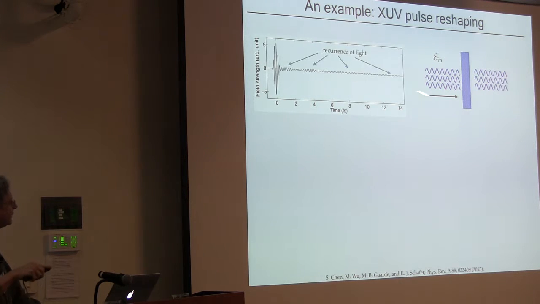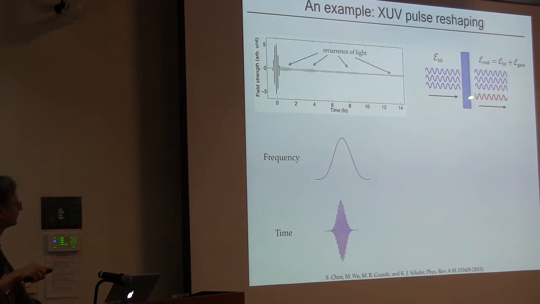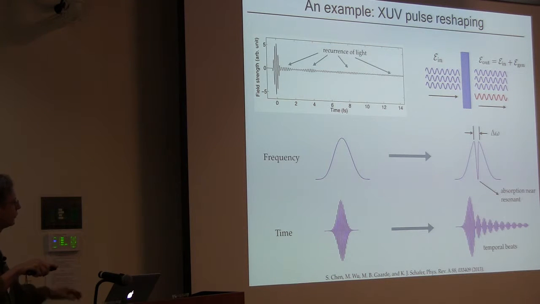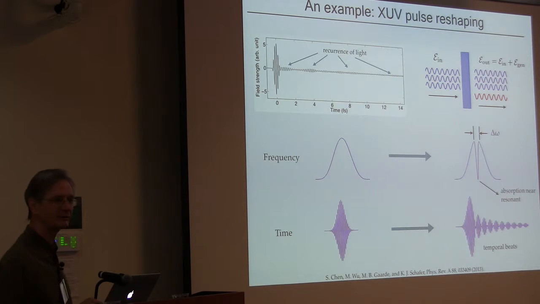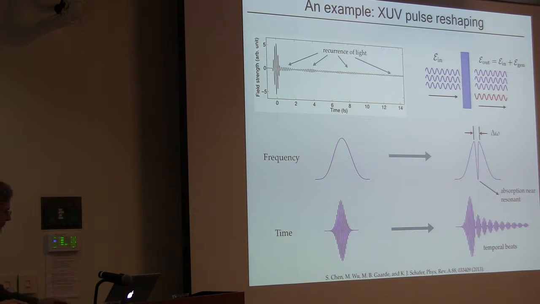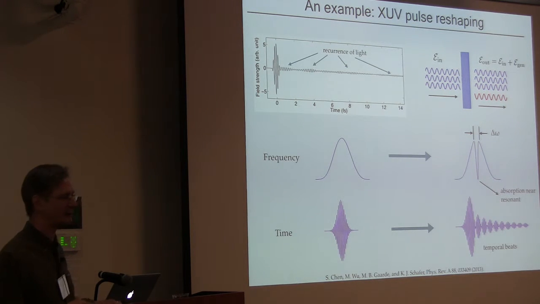So again, this is the idea that the input field went in and something got generated that's kind of out of phase with it. And so we had in frequency the input pulse, and in time it looked like this. And it goes to looking like something that has a sharp absorption feature in it and these temporal beats going through it. And this is an absolutely very, very generic picture of what happens when you put a broad pulse near a narrow resonance. And it was first understood at least as far back as Mossbauer spectroscopy around 1960,